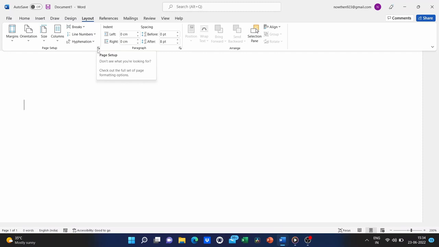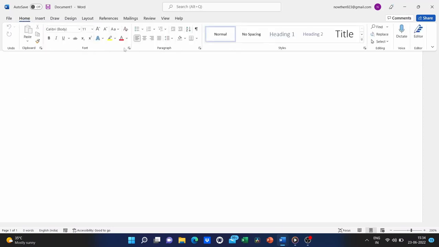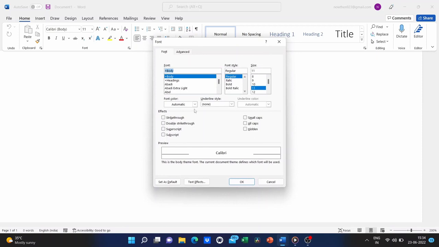So what are these launch buttons, and why do you need to know about them? Well, basically, whenever you see a launch button, what that means is that there are more tools but they couldn't fit them in the space provided in the group. So if I don't see one of the font options that I would like to have, I look through these to see if it's there, and if it's not, I can just click here on the launch button, and then I'll get even more options.